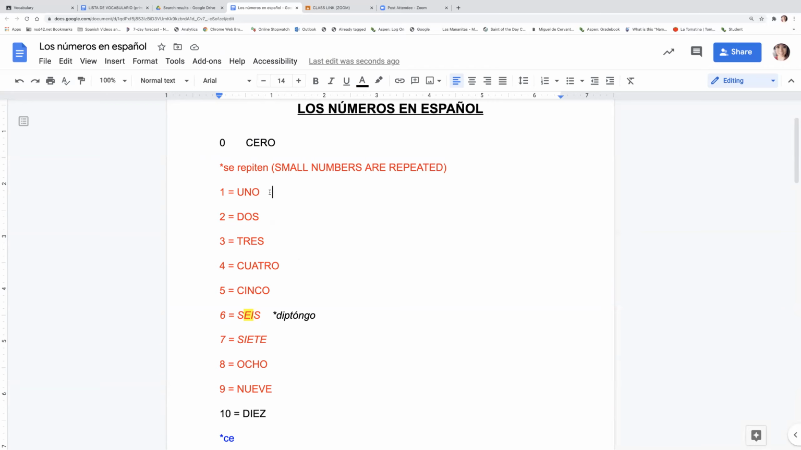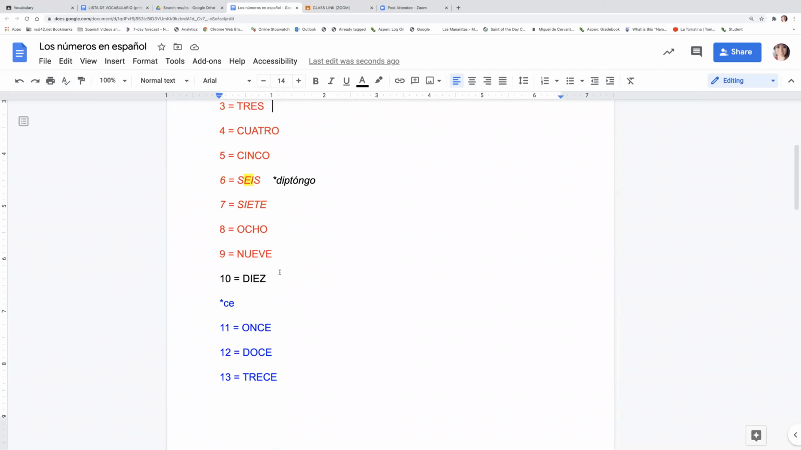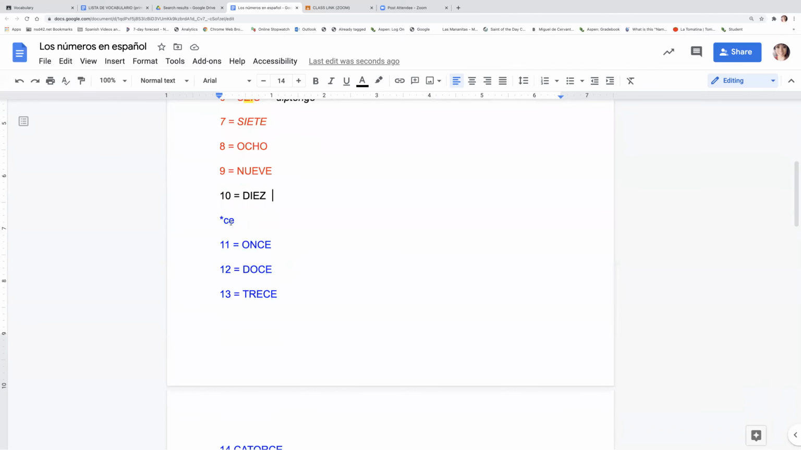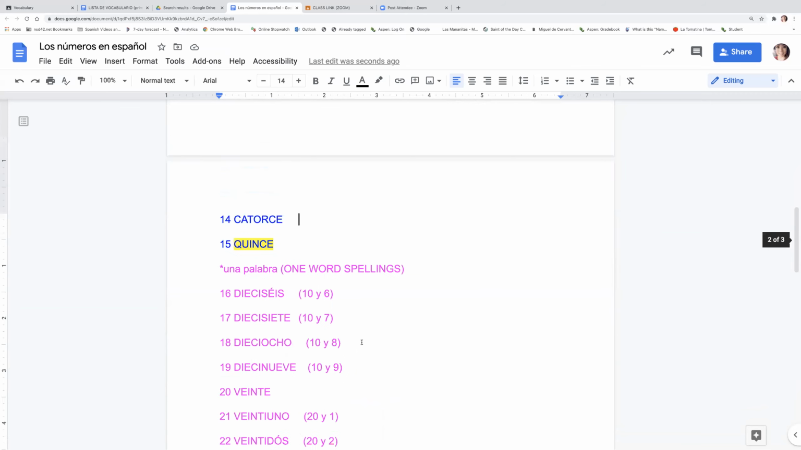This is how you get 21. This is how you get 32. This is how you get 43, etc., etc. Okay, they build off of these little ones. Okay, diez is just one of those ones. You just have to learn it, but it doesn't really get repeated. And then these ones here, they all have something in common. They all end in ce. Okay, 11, 12, 13, 14, 15. And then, like I said,